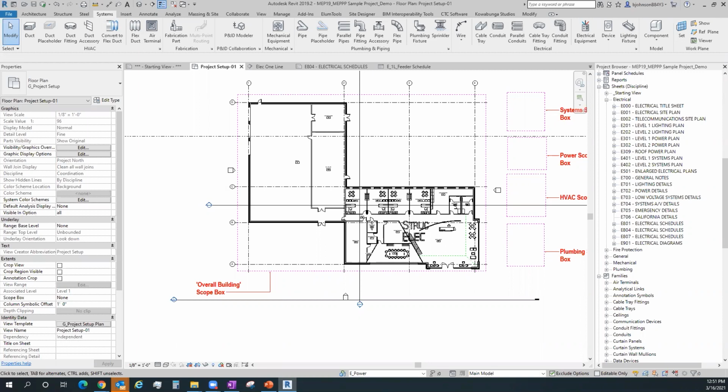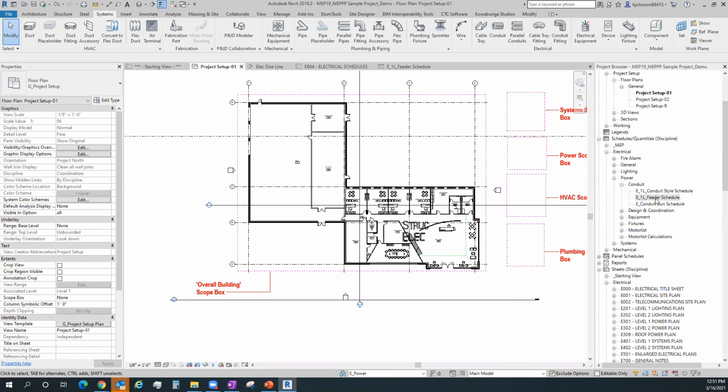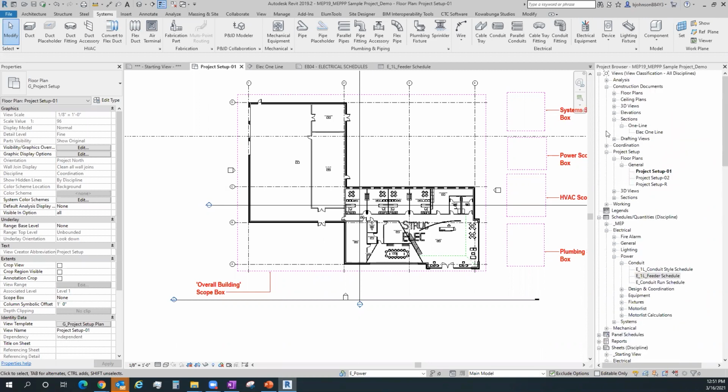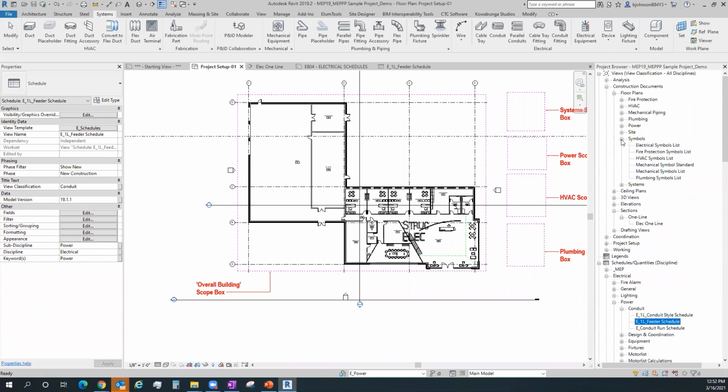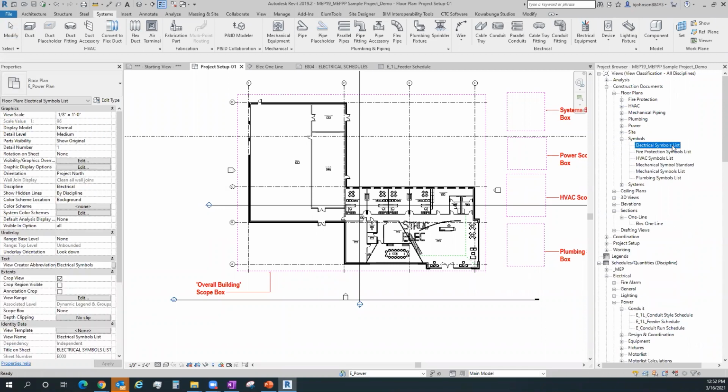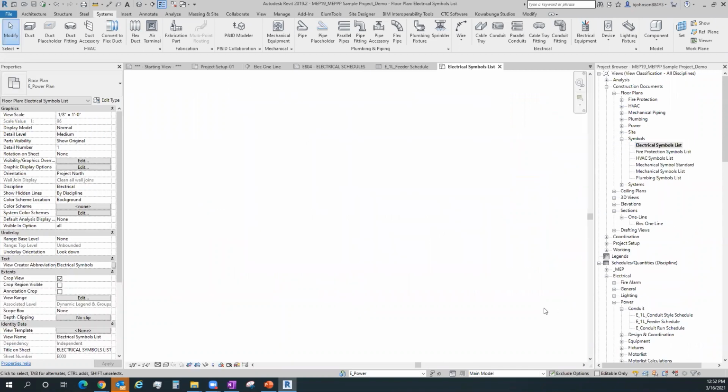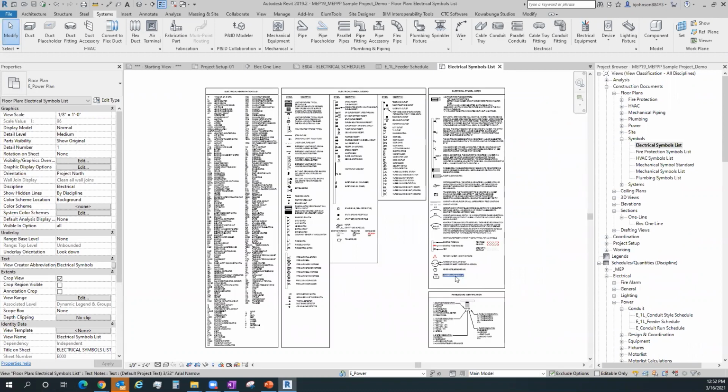Kind of cool in this case. Another application of the same thing within this particular set of tools would be our construction documents under, clean that up a little bit, floor plans and symbols. If I were to go to, say, an electrical symbols list and zoom extents, I have another area